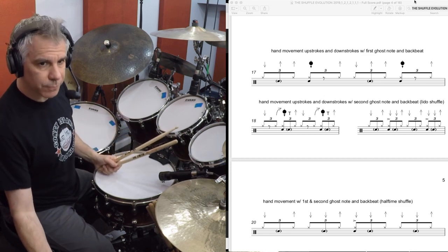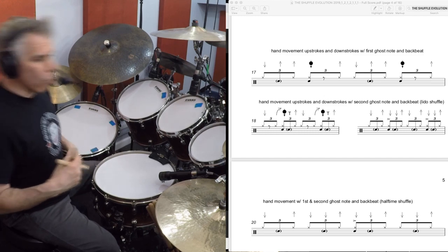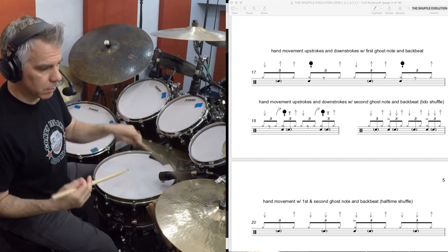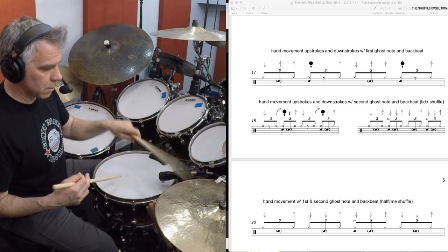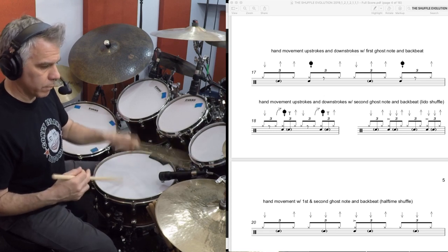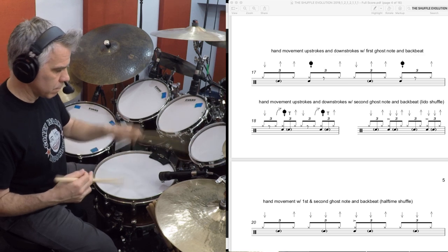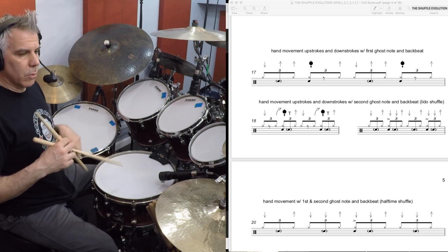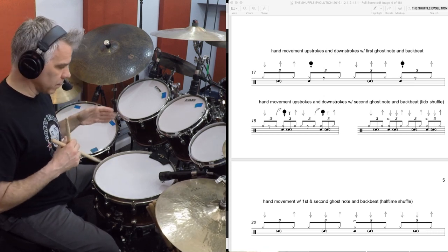at different tempos. All right, so then we move to the backbeat in the middle of the bar, which is the halftime shuffle. And if we just put in 1 bass drum with that one, we get this. So right, so we want to work on getting that to sit really cleanly, getting just the 1 and the 3